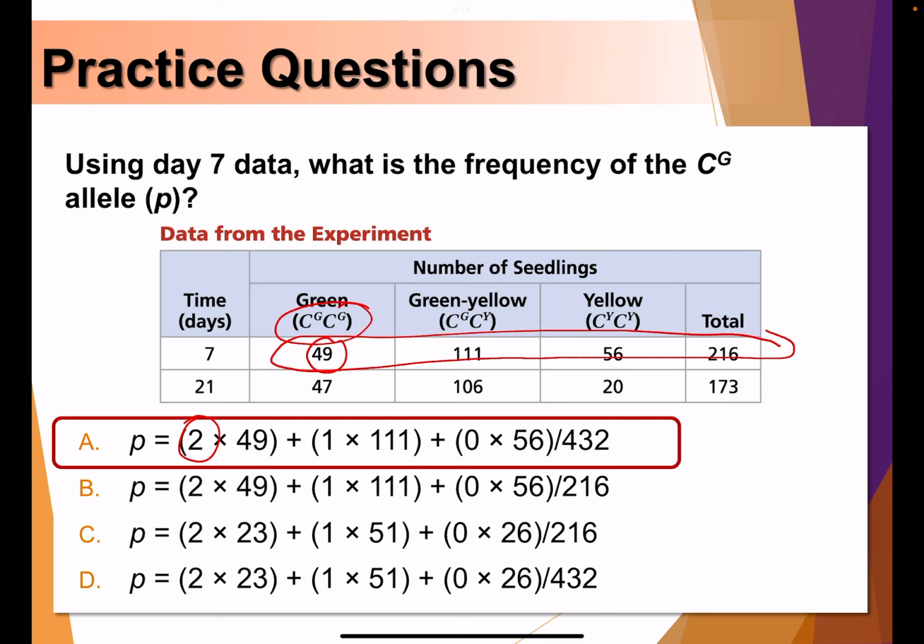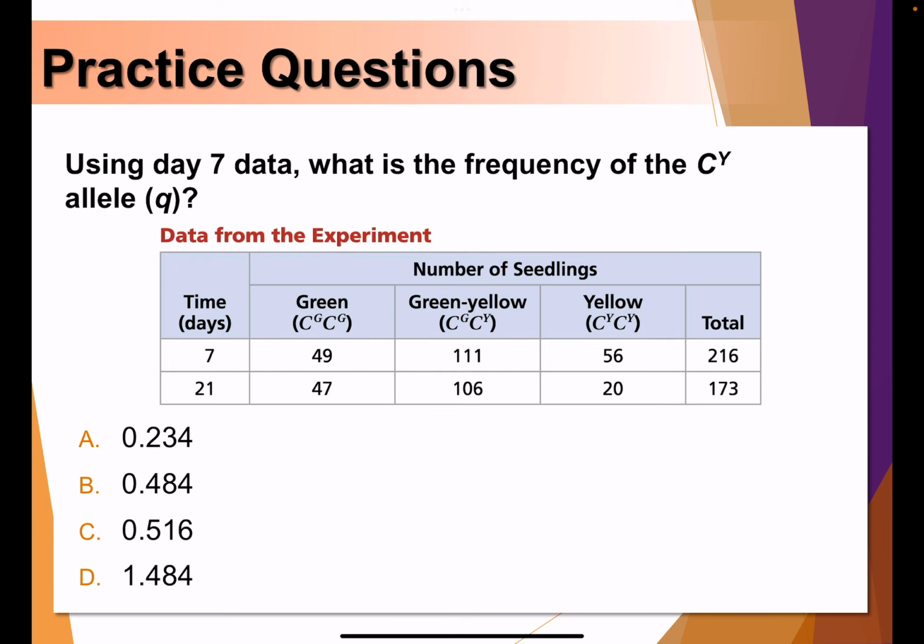So adding these two together, divided by the total, which is 432, because for 216 individuals you have to multiply that by 2 for total alleles. So don't forget to do that. It can be easily mistaken. So that's why it's divided by 432, not 216, because 216 is the number of individual organisms, but we're talking about allele frequency at this point. So total alleles of 216 individuals is 432 alleles.